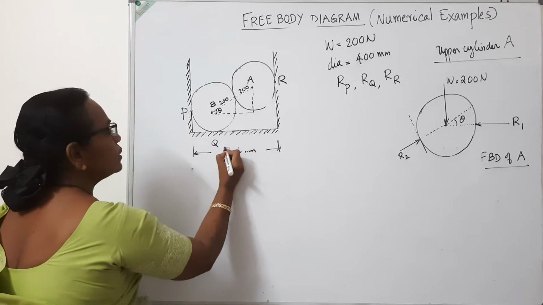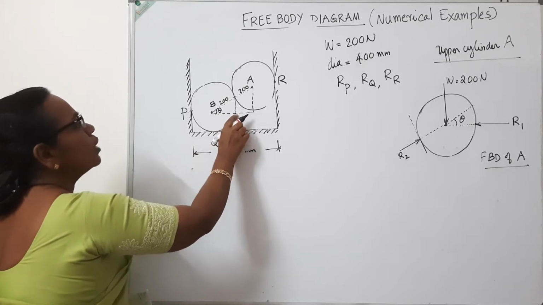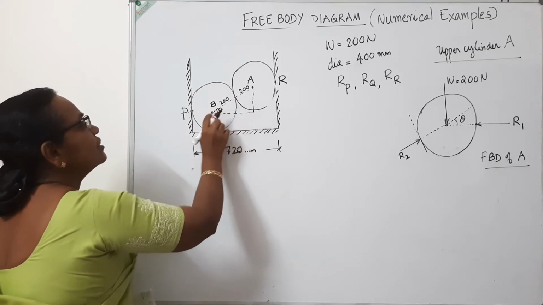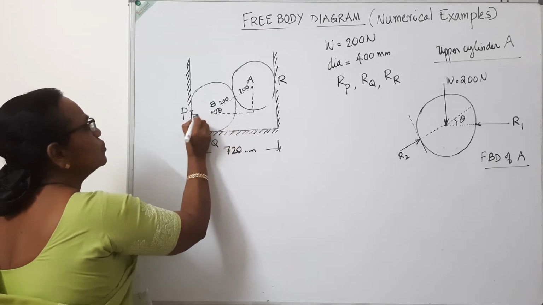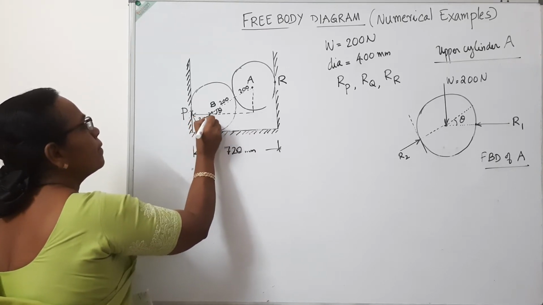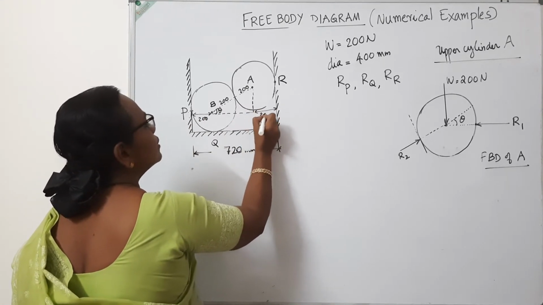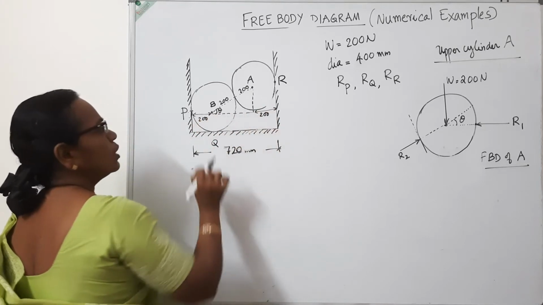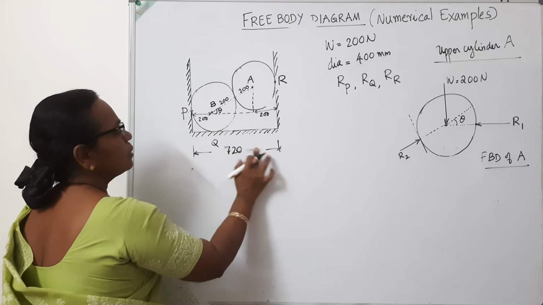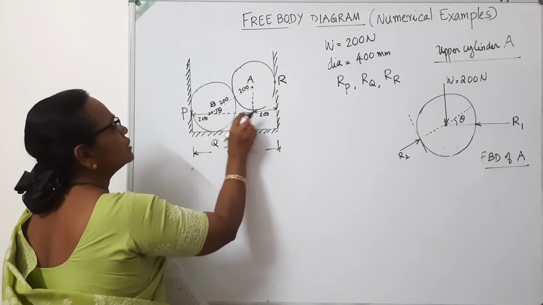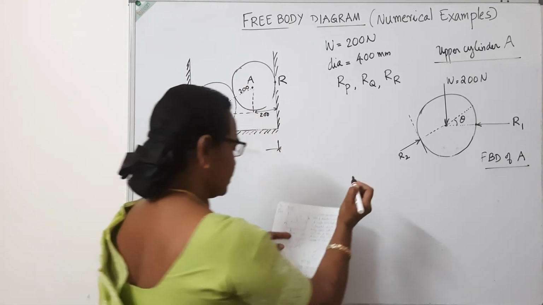This totally it is 720. This radius is 200. Here, from here to here it is 200. This much distance, this distance is 200. Here to here, this distance is also 200. The radius of the sphere. 200 plus 200, 400. If this is totally 720, what about the remaining? If this is 720, so this distance here to here, I will mark it as A, I will separate it out.